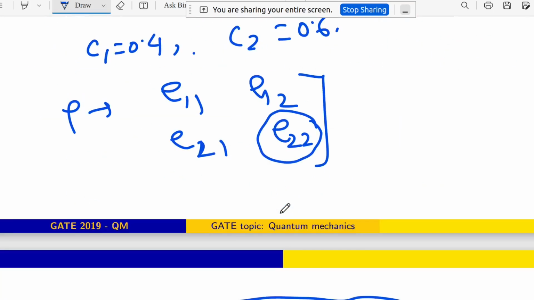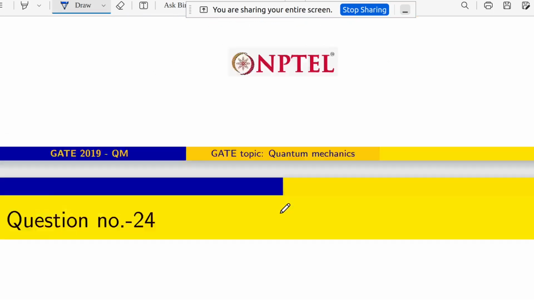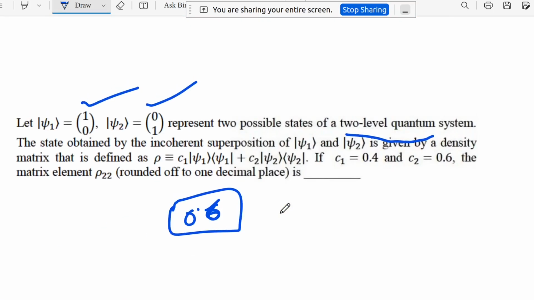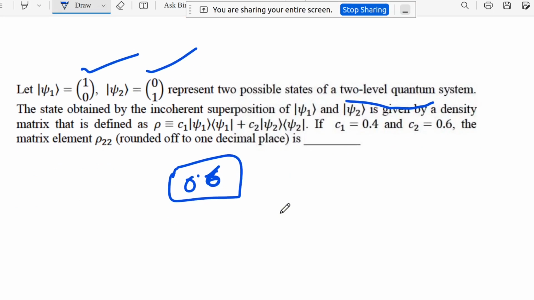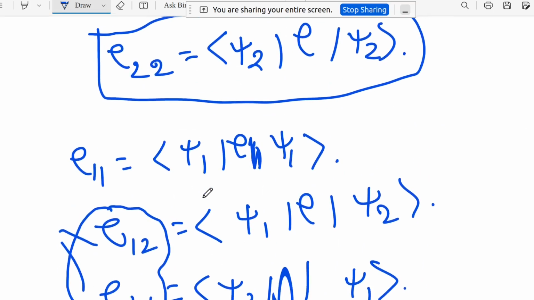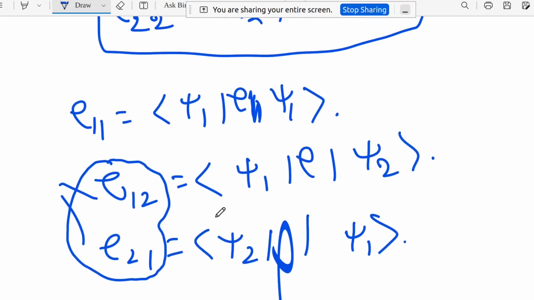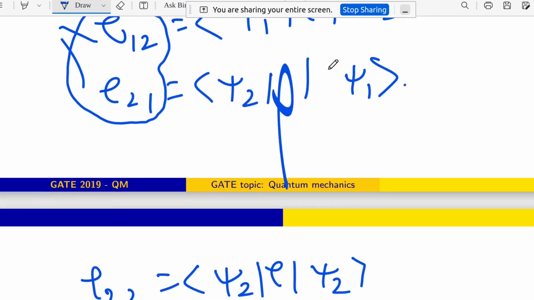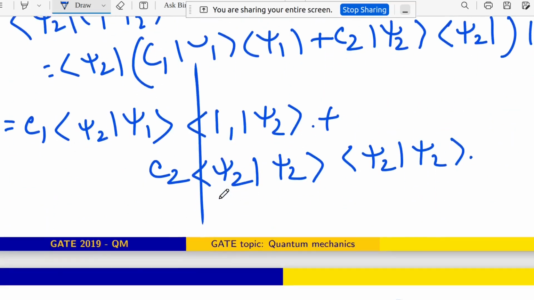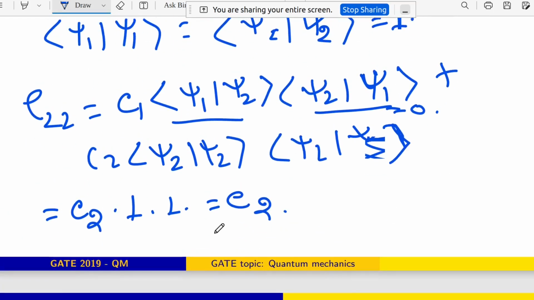Do you have any other question? Okay, so this expression, I think it's very simple for all of you. Rho 2 is there, and you are just going to calculate rho 2 value. And I will suggest you to calculate these two also, and you have to tell me what is the value of these two. It will be 0 or not? Have you calculated? Okay. So these two are same and these two are 0, right? Yes. And what about rho 1 1? 0.4. This is C1, nothing but C1. And rho 2 is 0.6.